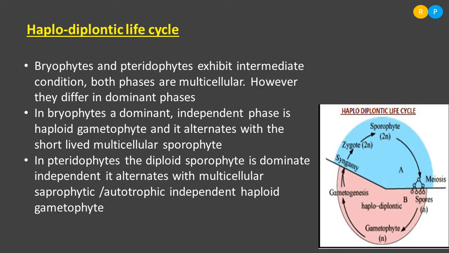If you learn the characteristic features of all groups of plants, it is very easy for you to understand the life cycle. So children, first you practice the characteristic features of bryophytes, pteridophytes, algae, gymnosperms and angiosperms. Then the life cycle concept will become very easy for you to understand. Clear? This concept is important regarding your board examination as well. So you practice the life cycle as well as the characteristic features that I have given in the slide.